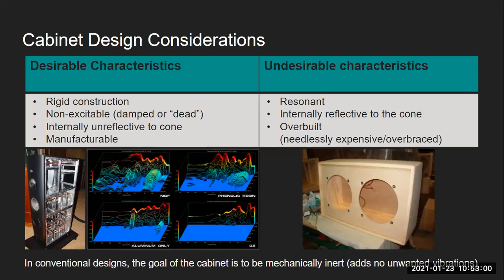However, you don't really want the cabinet to be resonant or adding an additional sound into there, right? The cabinet can act as a sound device in itself. So if you've got a resonant cabinet, then you could hear some of those harmonic frequencies and stuff. You can hear buzzing or something. Then that's not a good thing for your sound. And additionally, you don't want the interior of the cabinet reflecting stuff back onto the cone, because then that can create some sort of constructive or destructive interference on what's being played on the cone. So then that adds distortion.